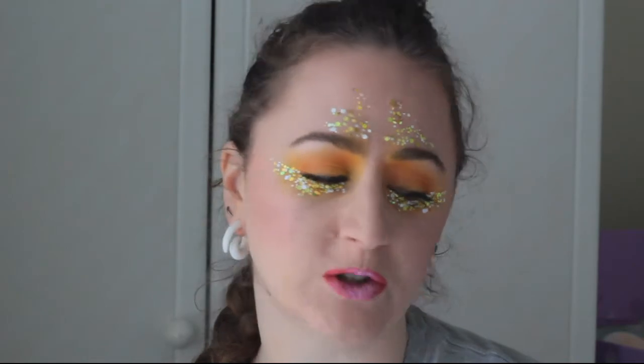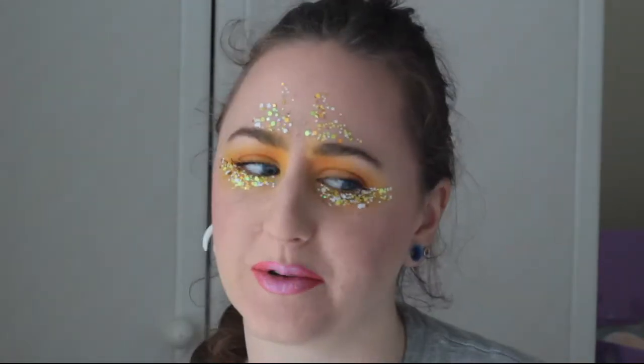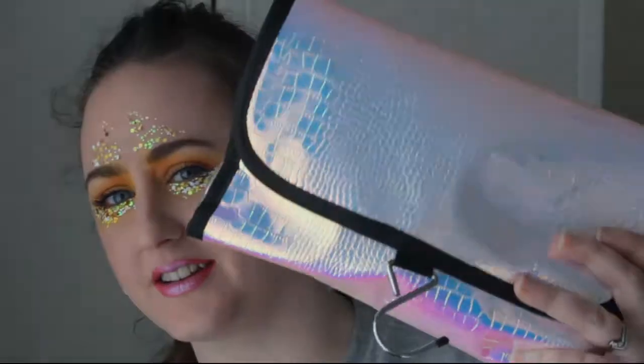I think it's been a few months since I've done a favourites, but I actually have enough to show this month. So yeah, first up, because it's what's storing most of the other things in it, is this holographic case